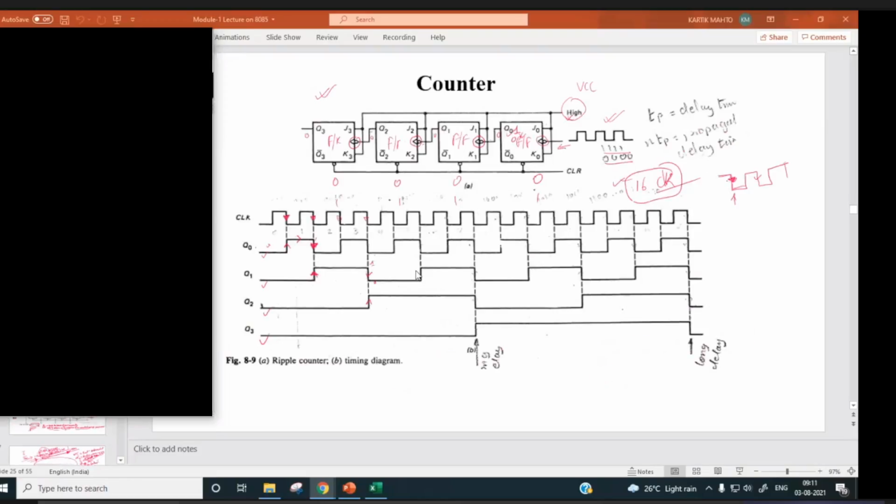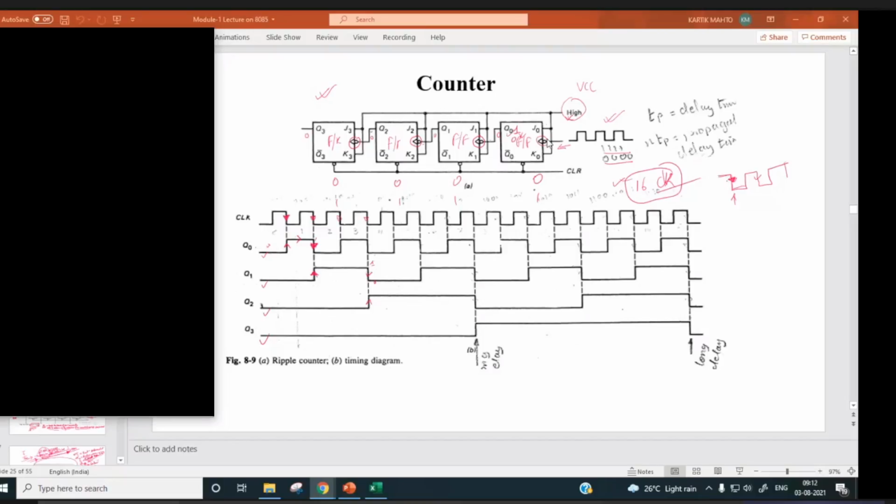Then we discussed the counter circuitry also. This counter circuit is actually used to count the number of pulses, right? And here the JK inputs are tied to VCC, so it's going to act in toggle mode. And here this clock is negative edge triggered. So whenever there is a negative edge, only then does a transition in the output take place.